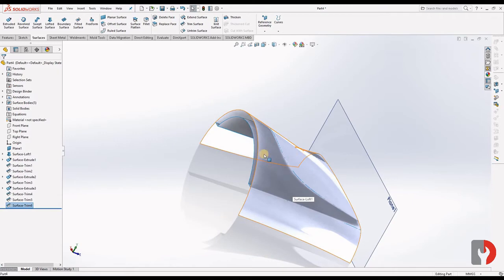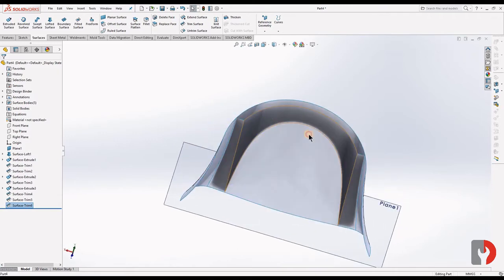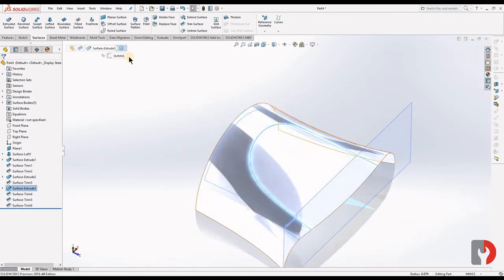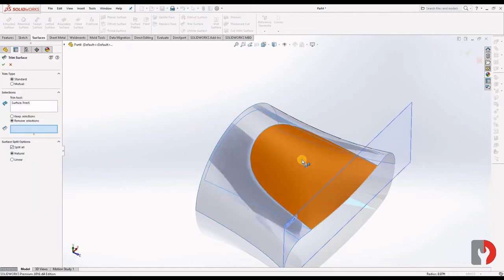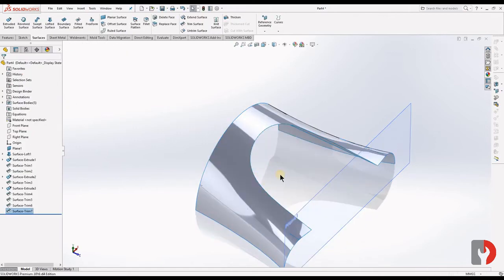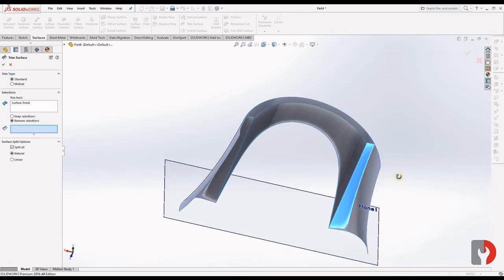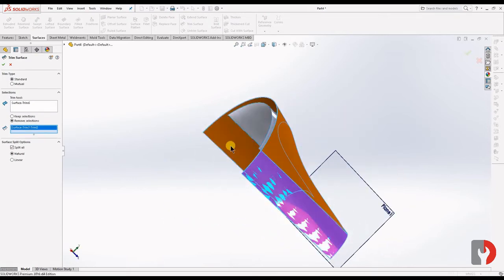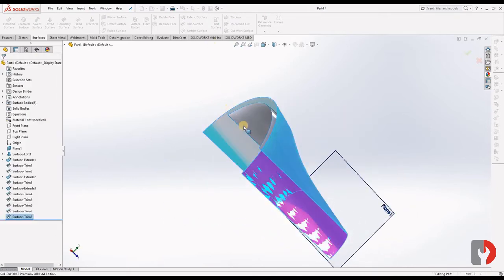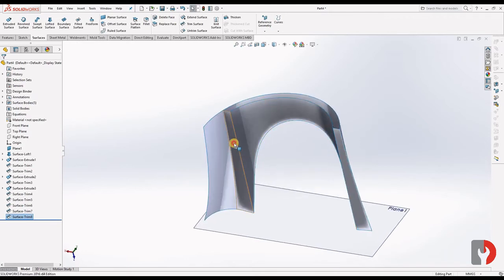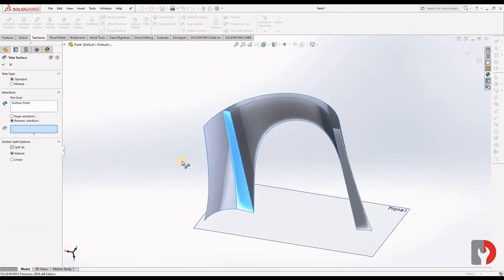Now what I will do is I'll select this face and trim surface. This one. Okay. Now I will make and trim this. Okay, and again choose this face, trim.